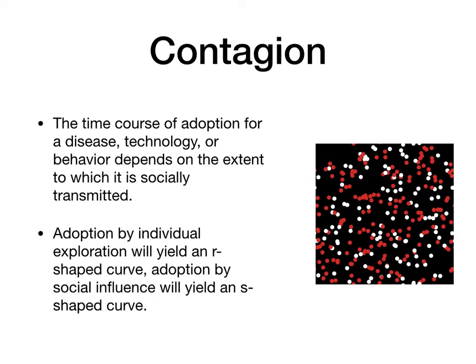Contagion was our second unit, and one of the things we learned was that the time course of adoption for a disease, a technology, a behavior, whatever, anything that can spread, depends on the extent to which it is socially transmitted. Adoption by individual exploration will yield an R-shaped adoption curve, whereas adoption by social influence will yield an S-shaped